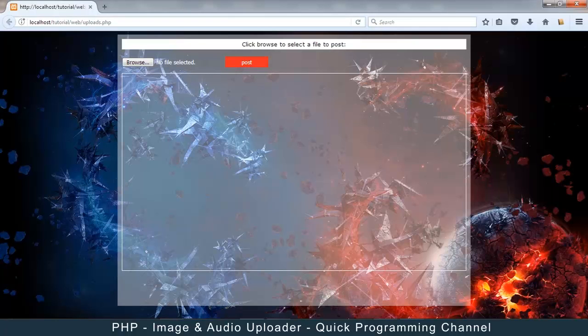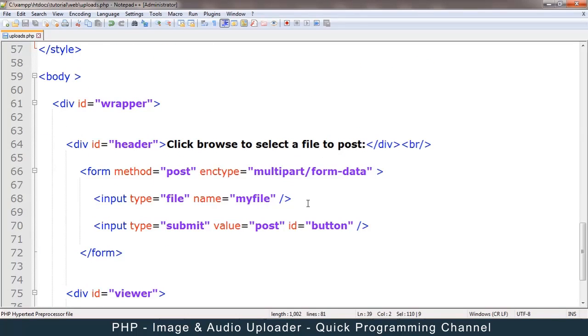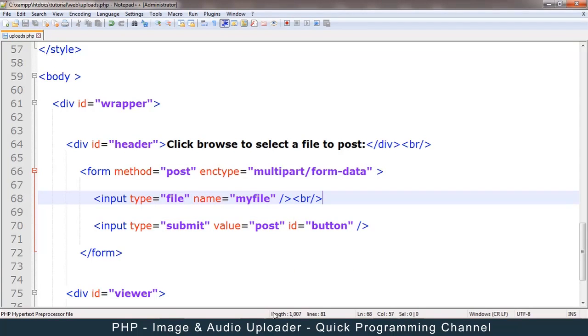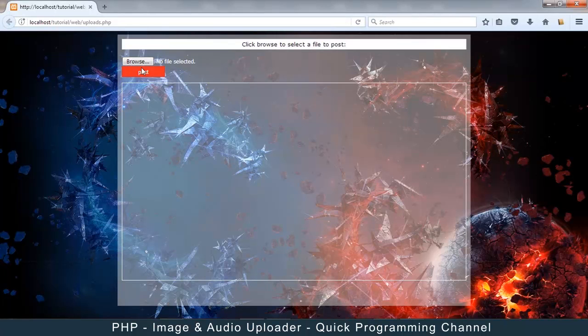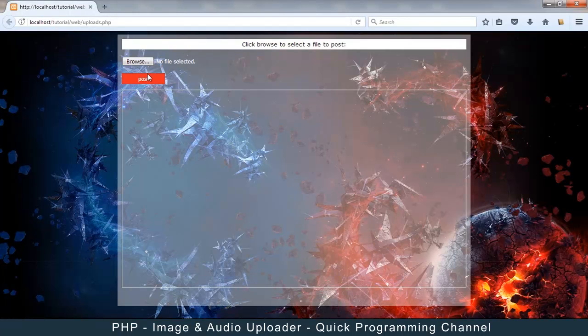But I want it on a separate line, so let me add a break tag immediately after the file, like that. Okay, and it goes to the next line. I may need to add a couple more of these break tags to move it lower, like that. That's awesome. All right, so what we've done so far is good,